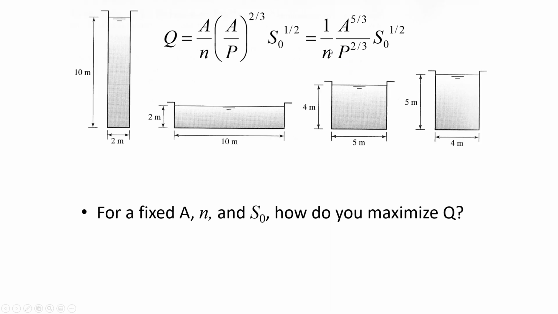So let's compare and contrast these different channels. They all have one thing in common. You can see that they all have a cross-sectional area of 20 meters squared. So this one is a deep, narrow channel. Think about, why would there not be as much flow capacity for this as there would for this channel? Even before you put it into the formula, if you're just thinking about it logically, you know that